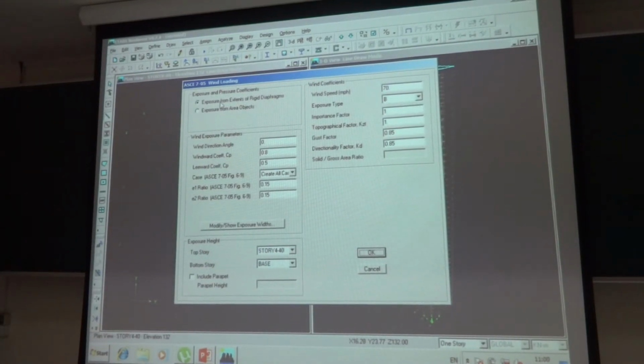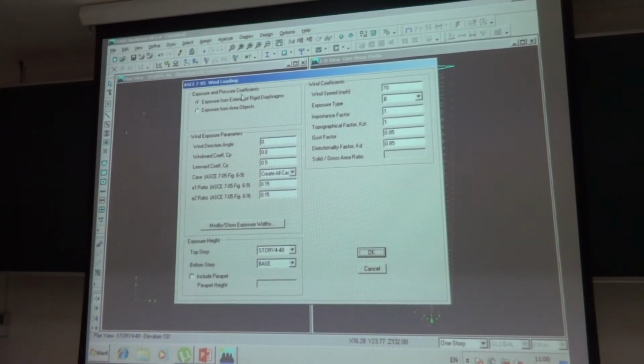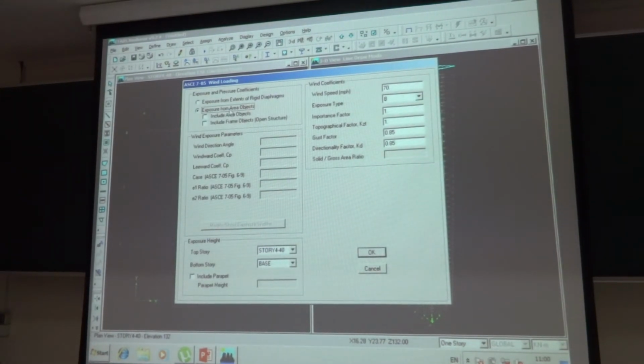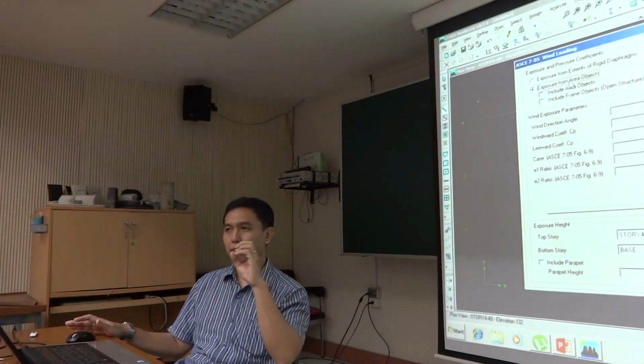Normally, when we calculate the wind load, we use the pressure coefficients, Cp, on the windward and leeward side. So the first option is we just assign the diaphragms of the floor throughout the height of the building, and the program will apply the loading based on that diaphragm dimension. Second is exposure from area objects. That one is you have to draw the exterior walls of the building